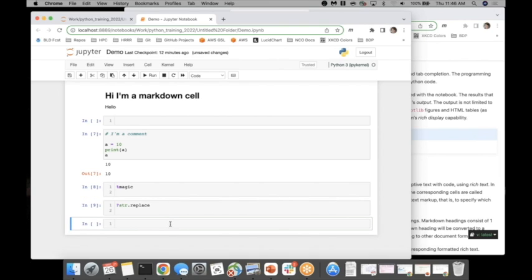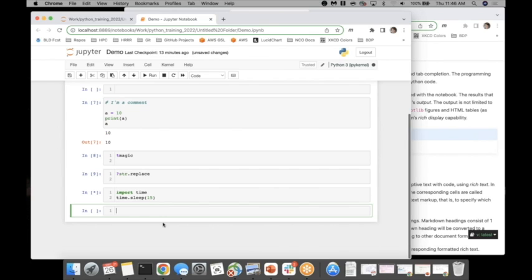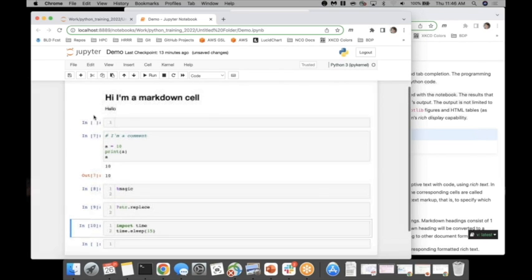There's one other thing that's probably important, especially as you start working with bigger data sets. So I'm going to quickly do a demo here to have Python sleep in the background for 15 seconds. If I run this, notice that while this is running for 15 seconds, I get an asterisk over here on the side. It's not a number yet. That means that something's happening in the background, and I can always quit that with the stop button up here. But once it finishes, essentially counting off 15 seconds in the background, it will change to a number and tell